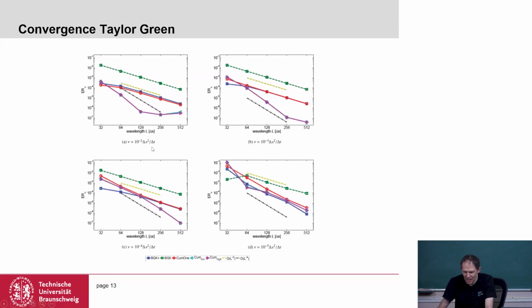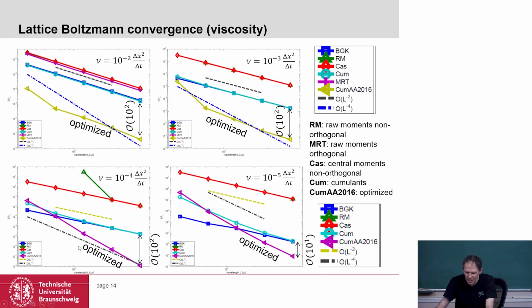And this can be seen also for Taylor-Green vortices. And here basically, the idea is, I don't know why this came out like this, but if you look at this convergence, now what this thing means, even if it's not necessarily higher order, if you have 2 orders of magnitude less error, yeah, then